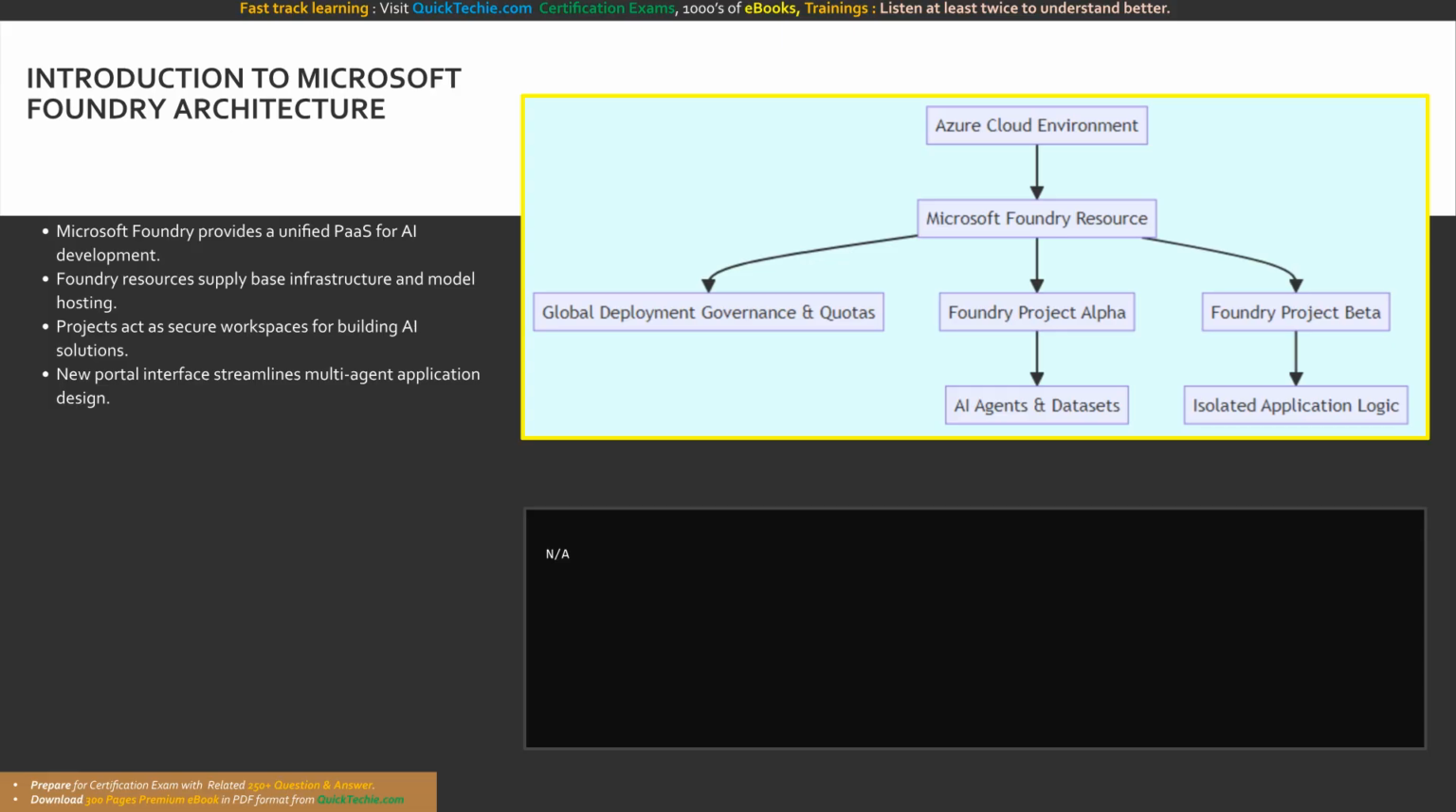A Foundry project is a dedicated, highly secure workspace located inside your Foundry resource. Within this workspace, your engineering teams can collaboratively build AI agents, manage files and datasets, establish vector search indexes, and define project-specific settings. A single organizational Foundry resource can house dozens of independent projects, each dedicated to a distinct enterprise